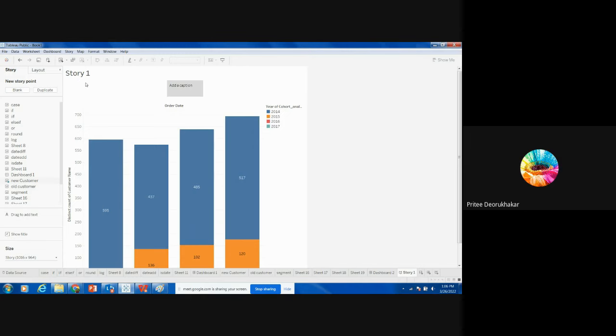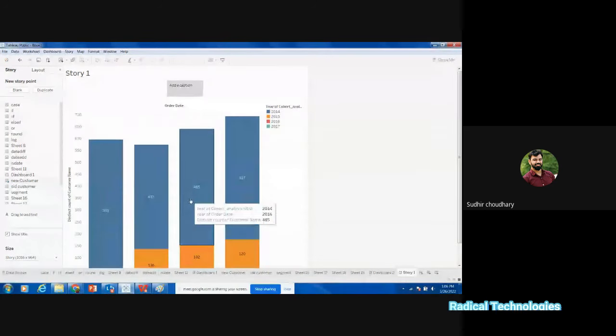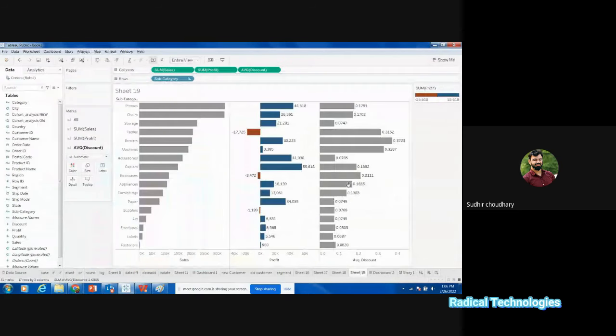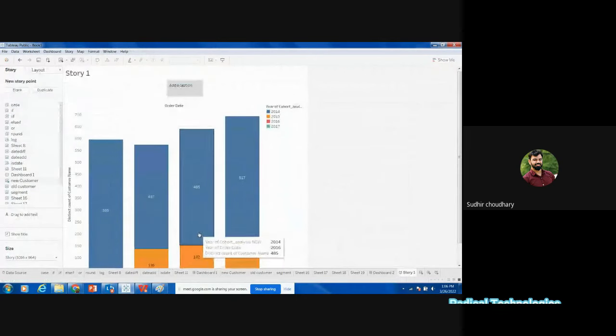Yes, sir. So this is how Tableau works. So this is a reporting or analysis tool. Analysis means you are getting things like this, which is the analysis part, and you have to prepare a report. Report means that after doing so much research, I come to this.